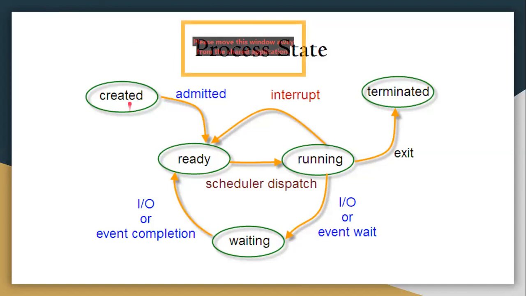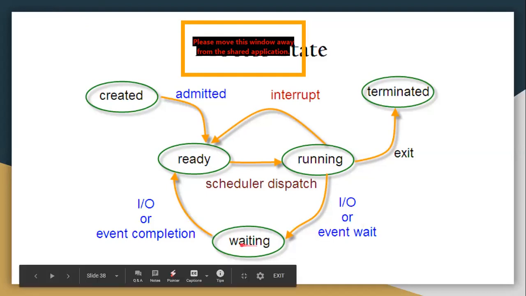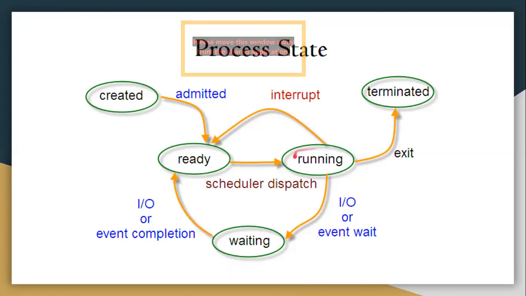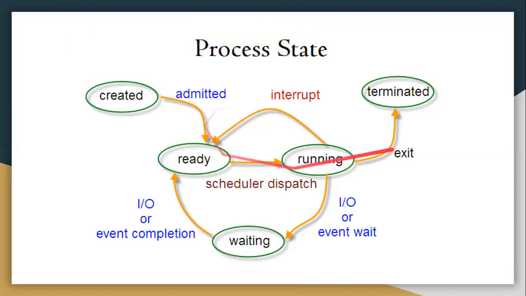Starting from created, then ready, it will be lined up in the queue for running. When it's running, if it requires any resource, it can go to a waiting queue, and the waiting queue waits for the resources. Once the waiting is over, it is again ready for execution. And once the process is over, it is terminated. So this is the process state diagram. It is also important, and you have already read it in operating systems.